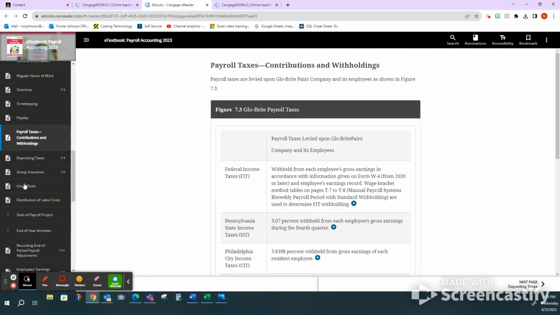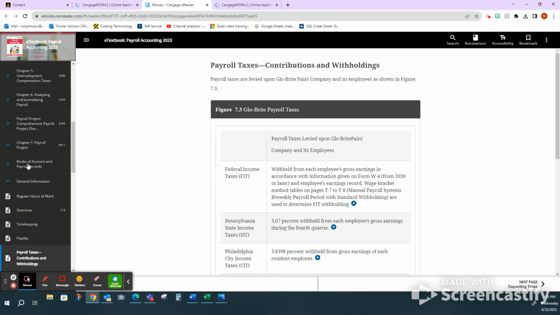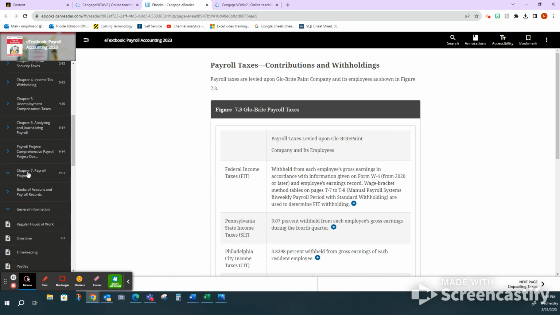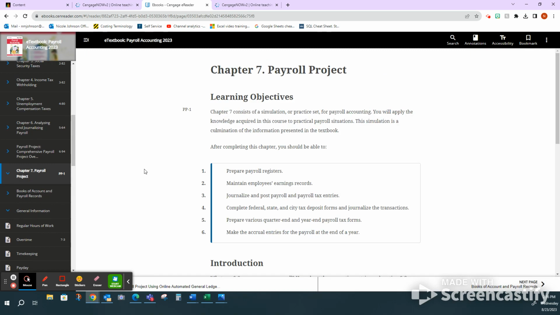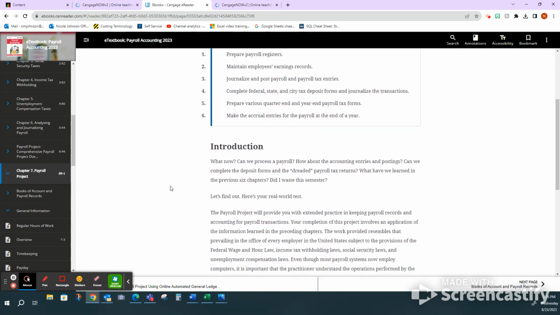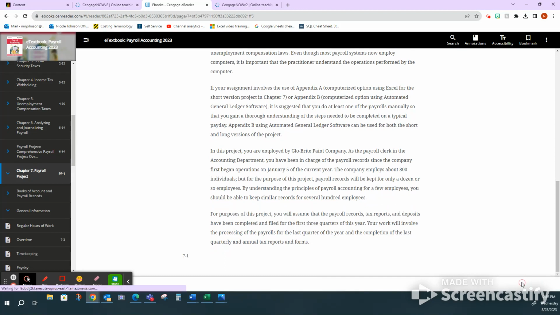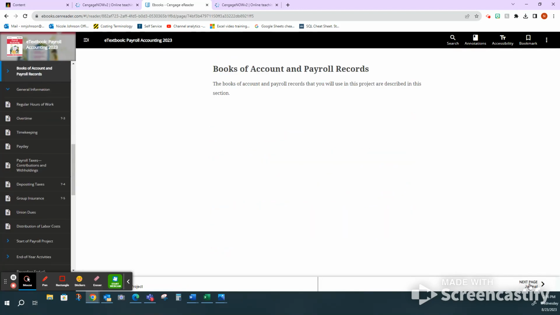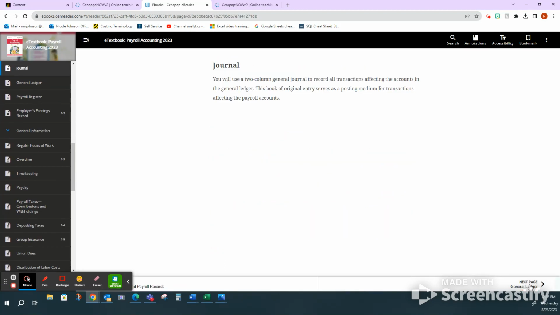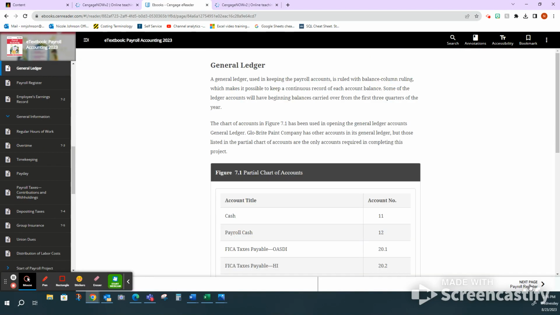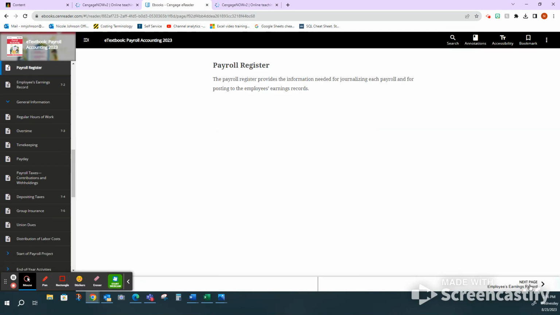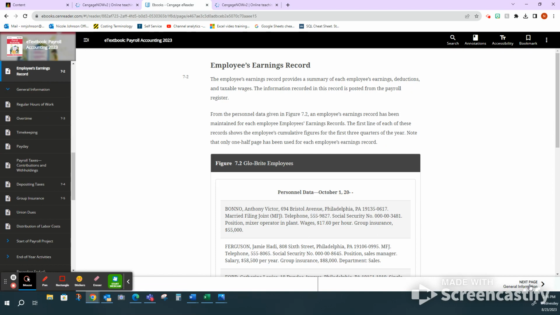You'll want to go to Chapter 7, Payroll Project. And the first few pages of Chapter 7 are going to give you general information that you're going to need to process payroll. So there will be an introduction, information on the books in the account, payroll, the journal information, general ledger, payroll register, employee earnings records with figure 7.2,